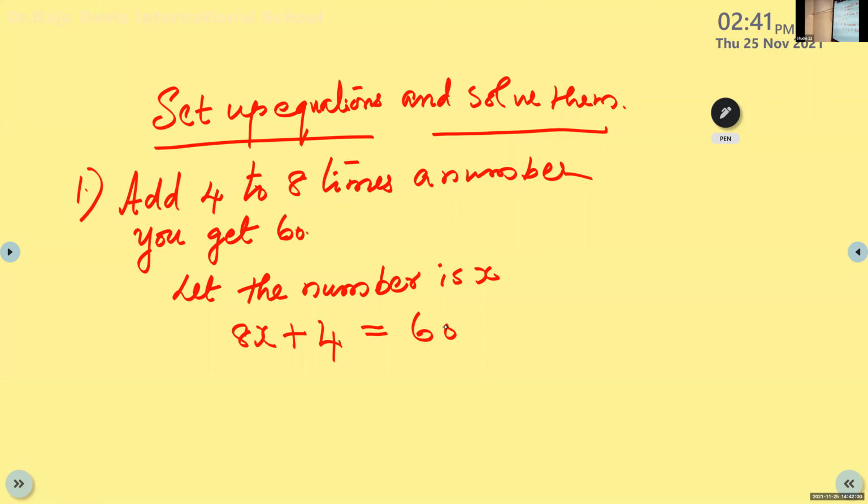Alan Siju, I think you... Ma'am, I wrote 4 plus 8m is equal to 60, ma'am. Okay, no problem. Any letter you can use. It is not compulsory to use x always. m is also possible. You can write. So how to move now? Proceed with the problem. What is the next step?